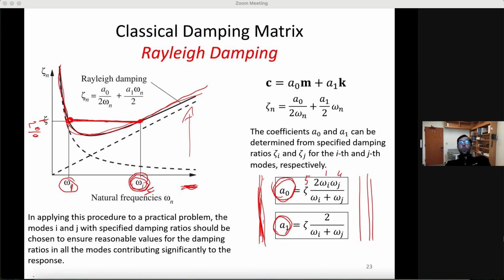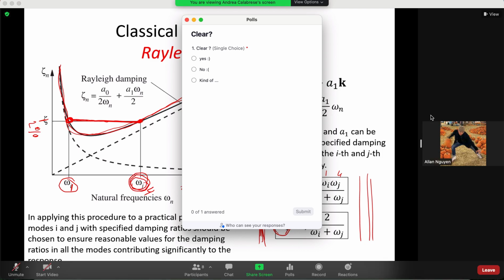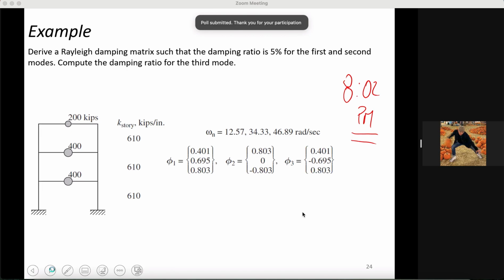So before I move forward, do you have questions regarding classical damping? Anybody? Let me ask you, is it clear? Anybody? Alan? Yeah, just in regards to that example, since you're looking for the damping for the first and second mode, you'd be using the first and second frequencies in finding the